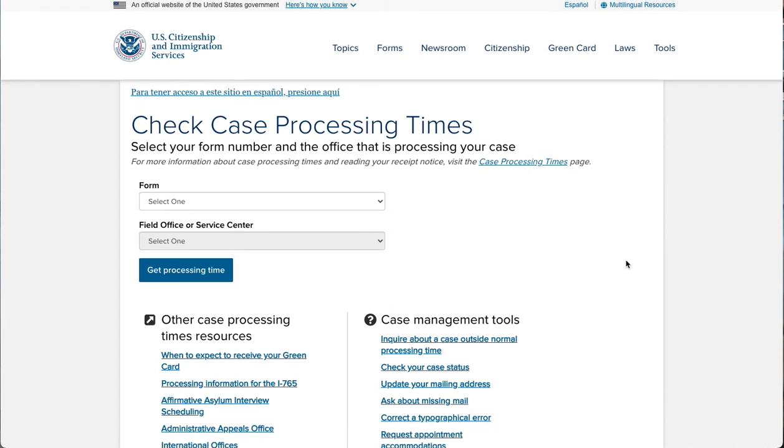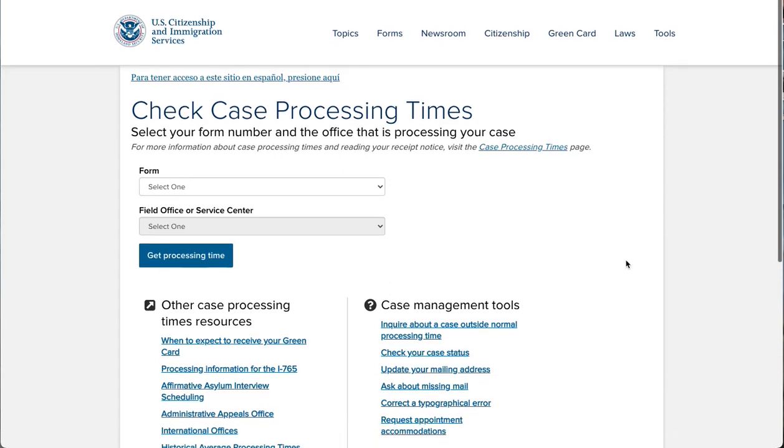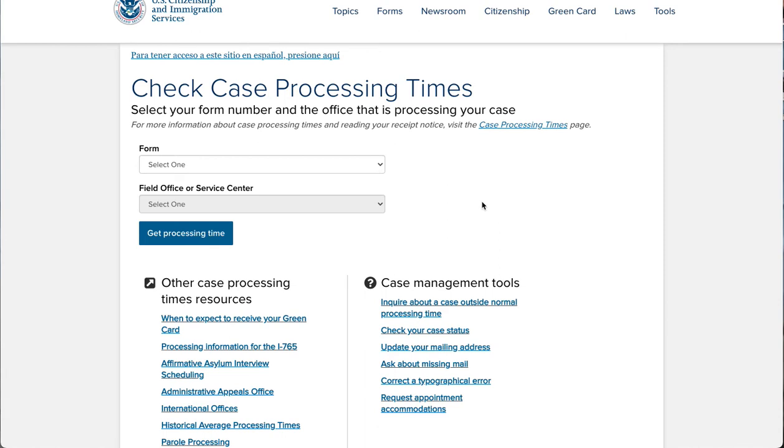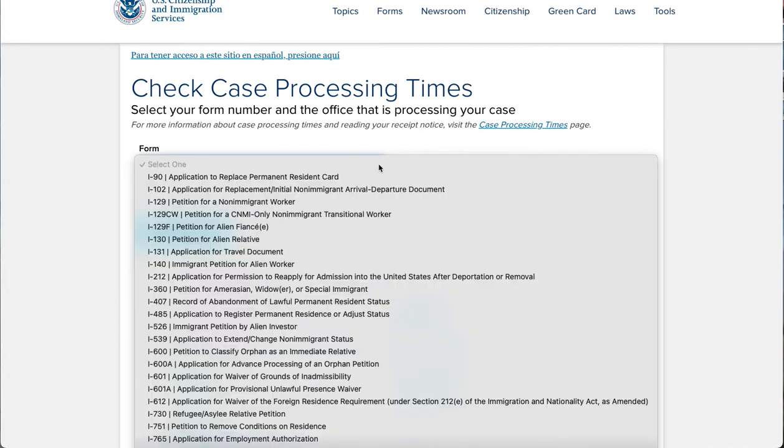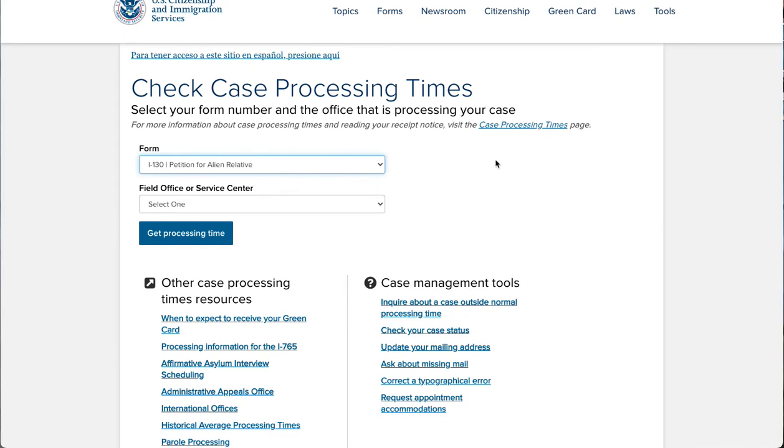and I'll just do an example. So let's just say we filed the Form I-130 for you. And again, that's on your receipt notice. As I showed you in the last video, it will say the type of form that was filed. So let's just, for example, check I-130. And then at the bottom of the receipt notice, as I showed you in the last video, it'll say